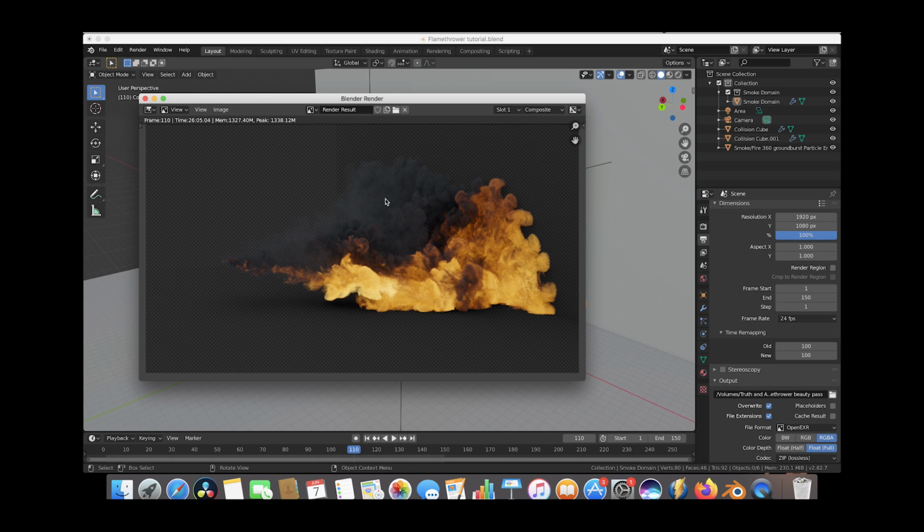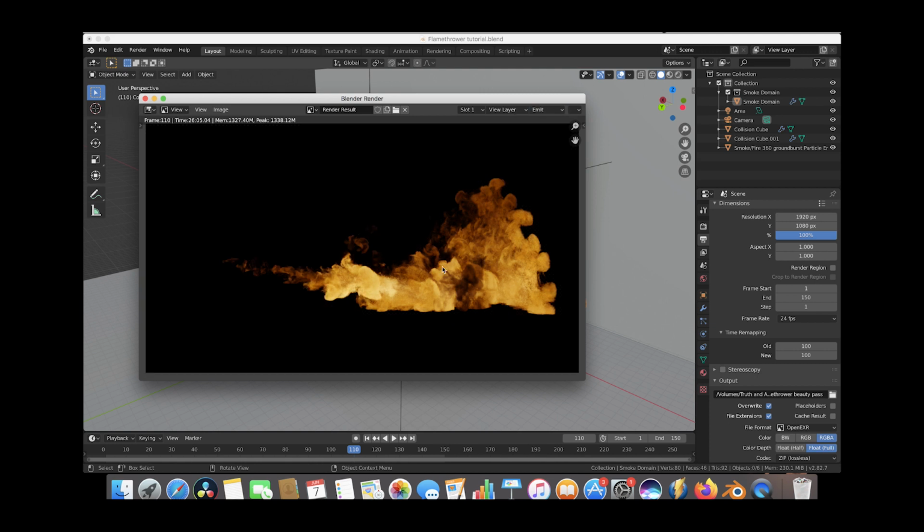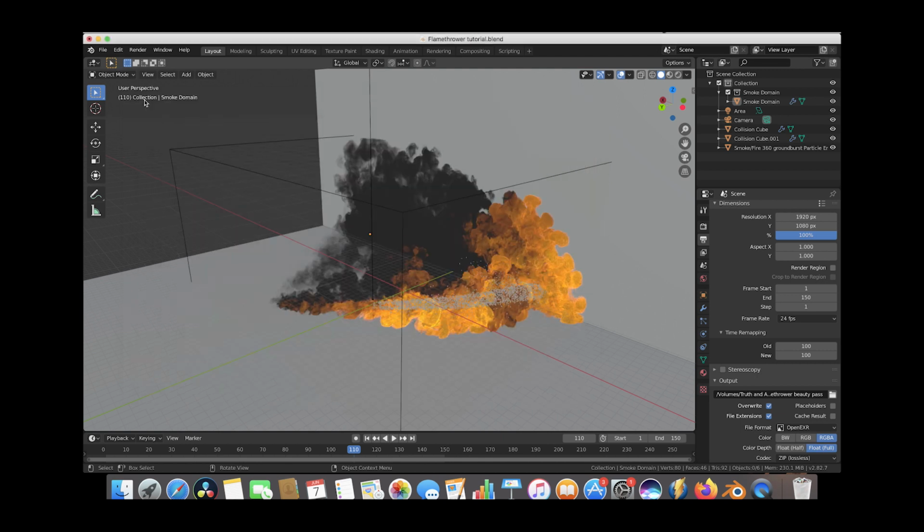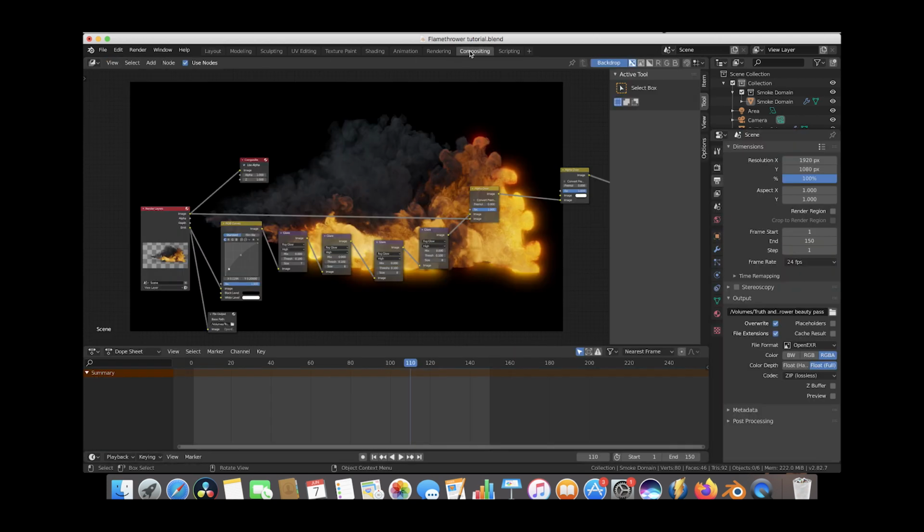And one cool thing you can do here in this render window is we can switch to view layer, and now we can switch from the combined beauty pass to the emission pass, and we can see what that emission pass is actually exporting. And as you can see here, you can see why it would be useful is that it's just isolating those flames separately so that we can add the glow just to that aspect of the simulation. So I'll go ahead and close this here, and then we'll just go to the compositing tab, and during that